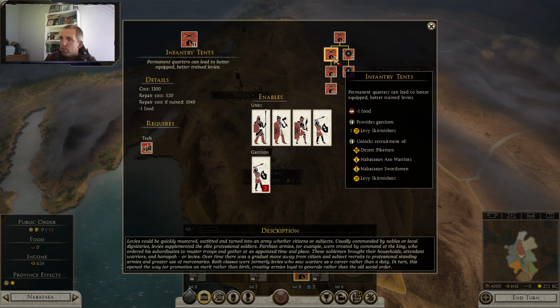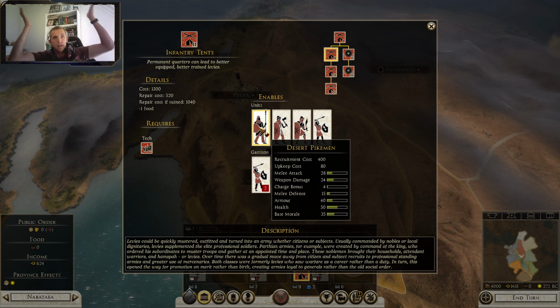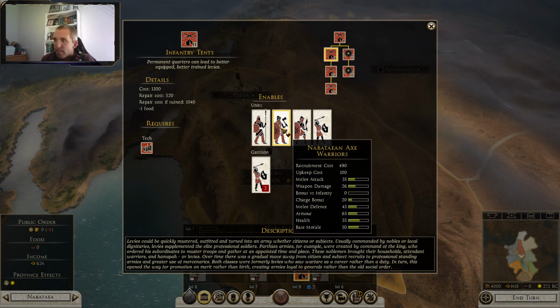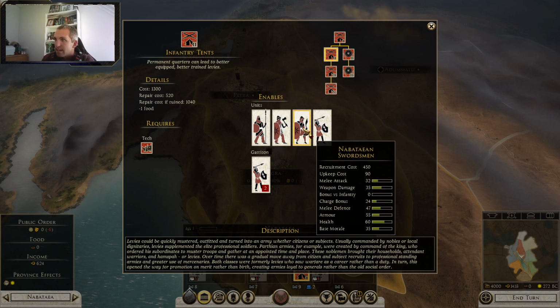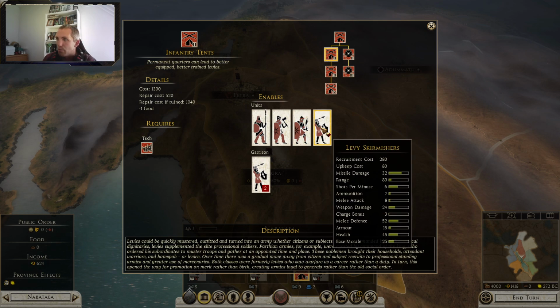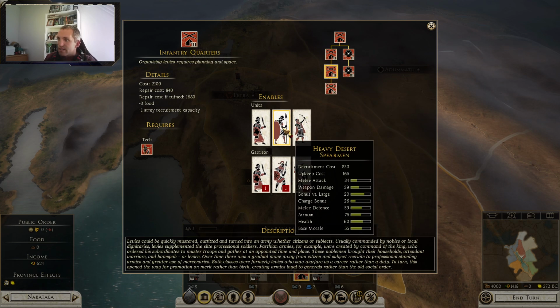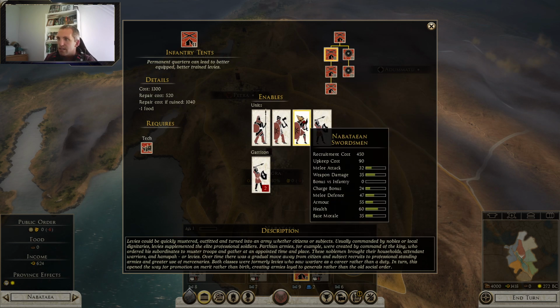And on the other hand, we have the infantry tents, which give you desert pikes. Again, I didn't know they had pikes. I've never seen them. We have axe warriors, which I've basically never seen. You have Nabatean swordsmen, which are basically never seen in the game. And some skirmishers. At tier 3 you get Nabatean heavy archers and heavy desert spearmen,